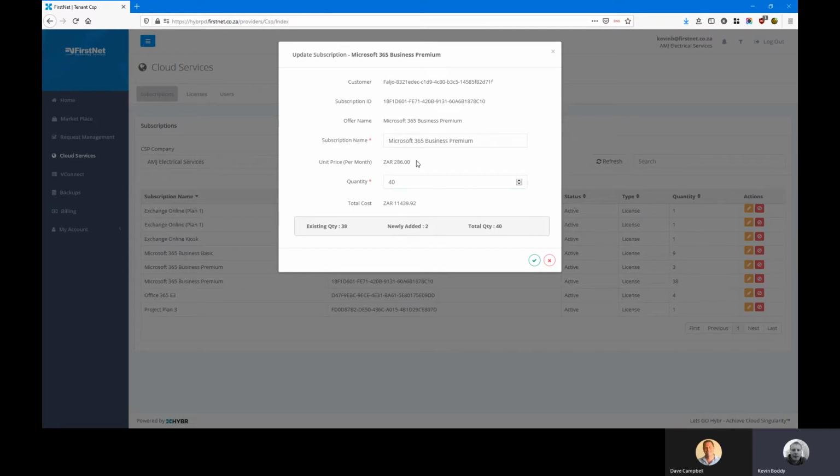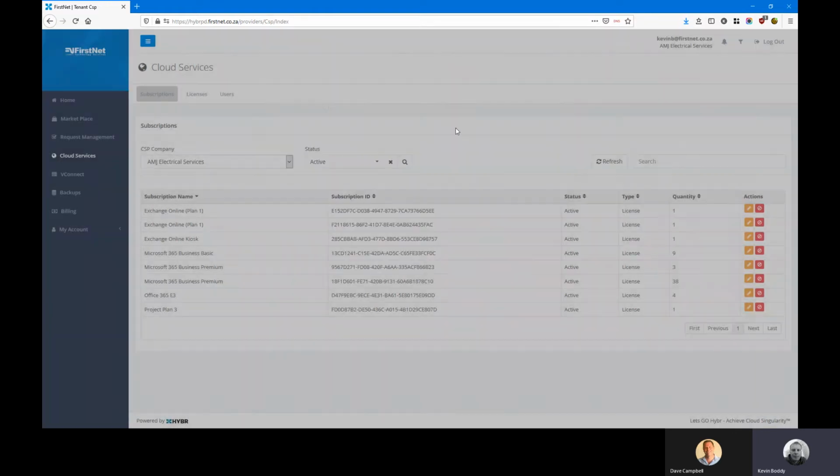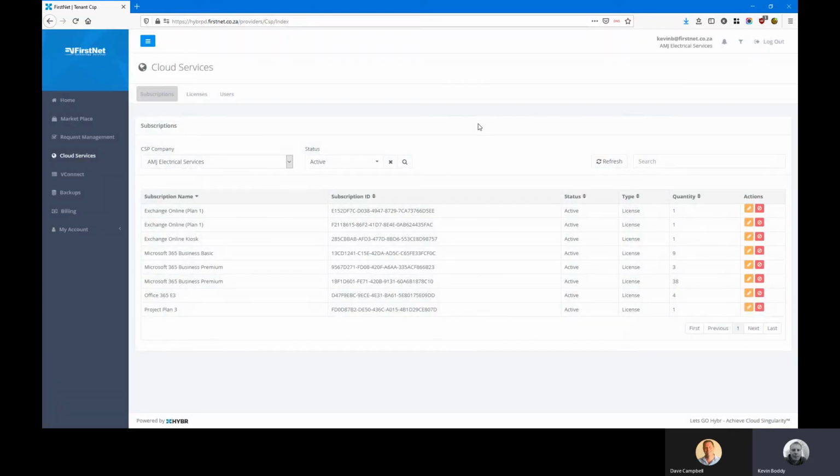It here now tells you what the unit cost is, what the new cost is per month. It tells you, okay, it's going to be adding 2 new licenses. And I'd hit the check mark, and it would go and purchase those directly from the Microsoft CSP via FirstNet, and then add that to your subscription,